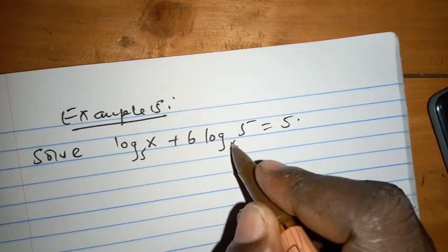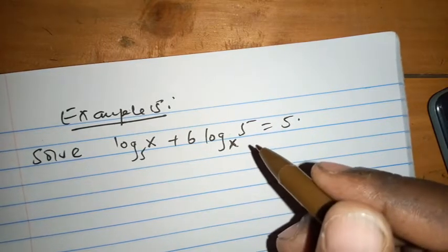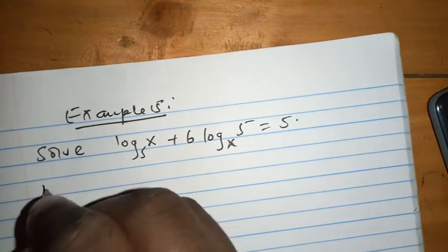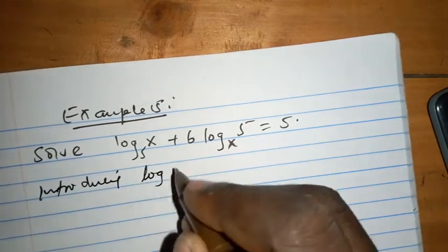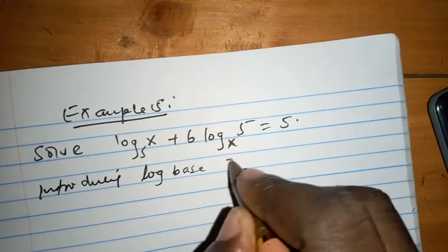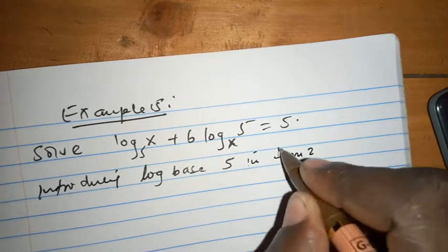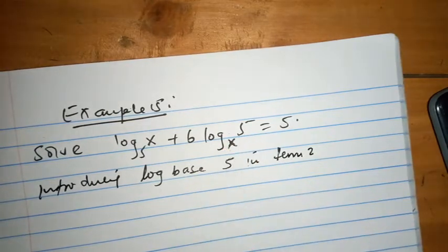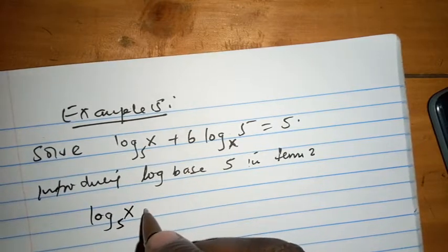So if x remains unknown, then we do not have log to base x. And introducing log to base 5 in term 2, in this term now we have log to base 5 of x plus 6,